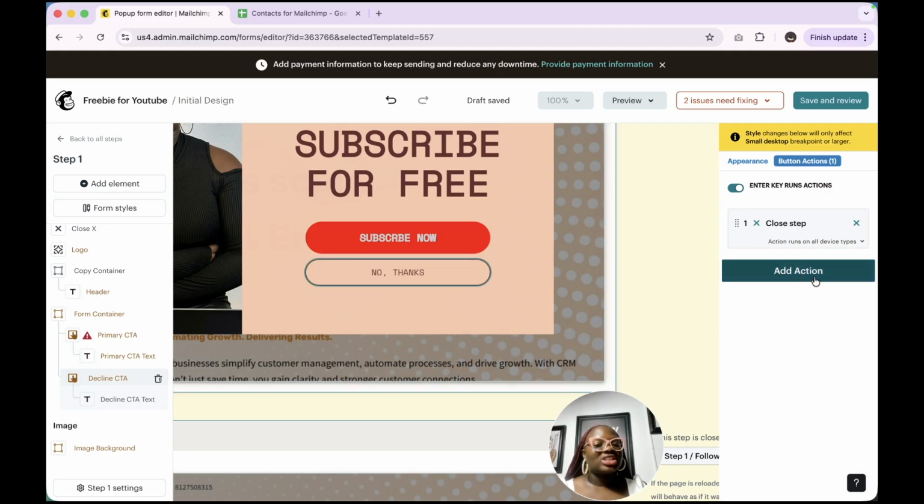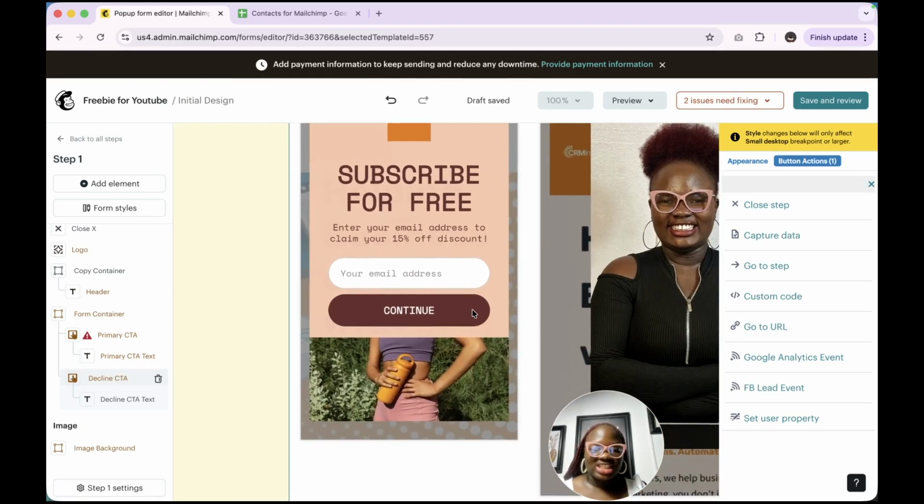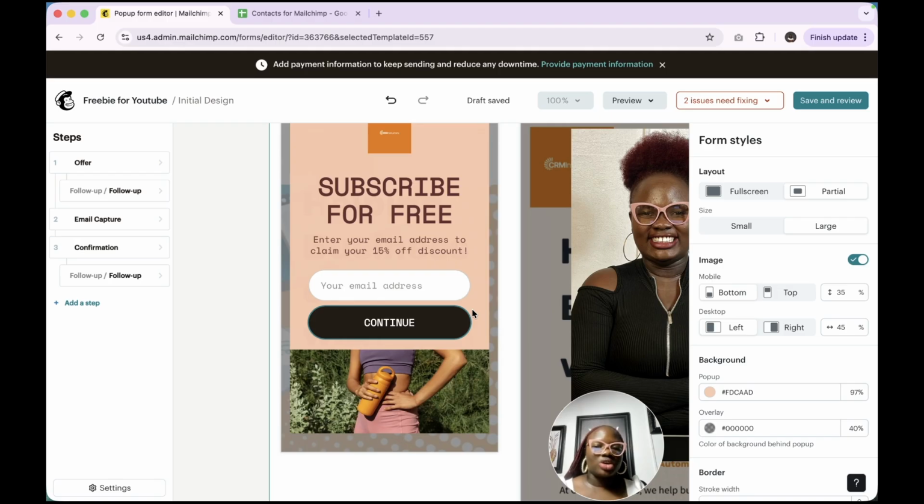So you can also decide to add another action that if they say no thanks, you can lead them to another landing page where you're trying to convince them or something. But the reasonable thing to do actually is just to close that step. If they say no, they do not want it, then yeah, they do not want it. So you just cancel this, and when you go to the next step,